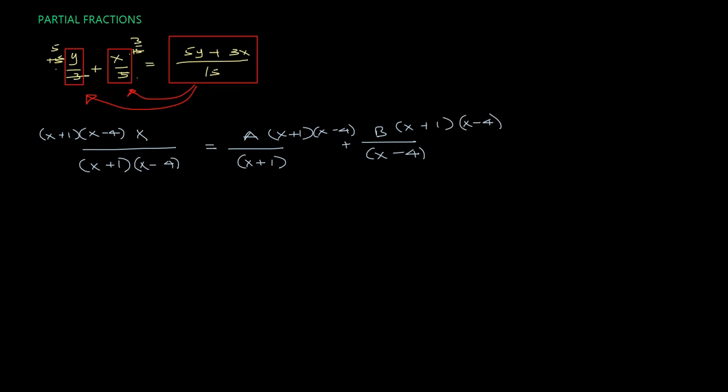So all we have to do now is to cancel out. This goes with that, this goes with that. On the last one, we get it this way. So the final output for this is x equals a in brackets x minus 4 plus b